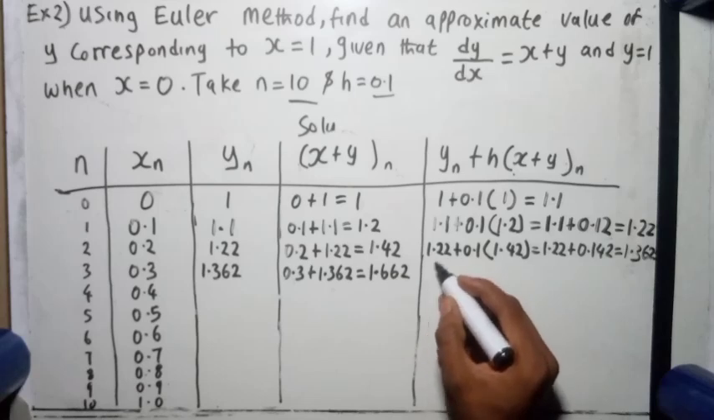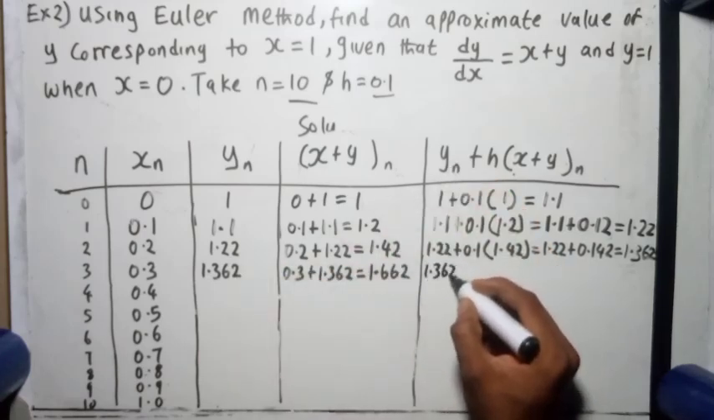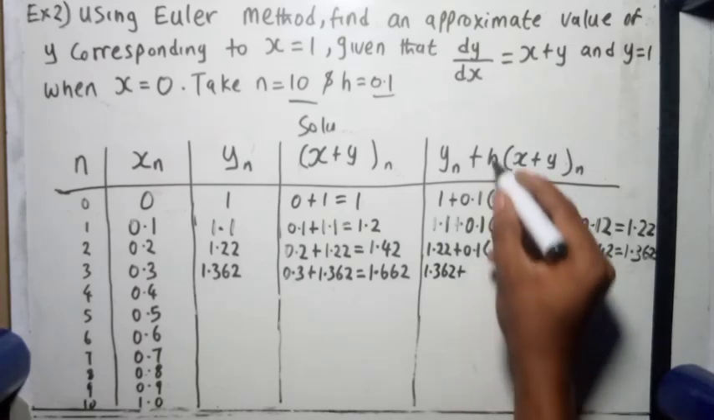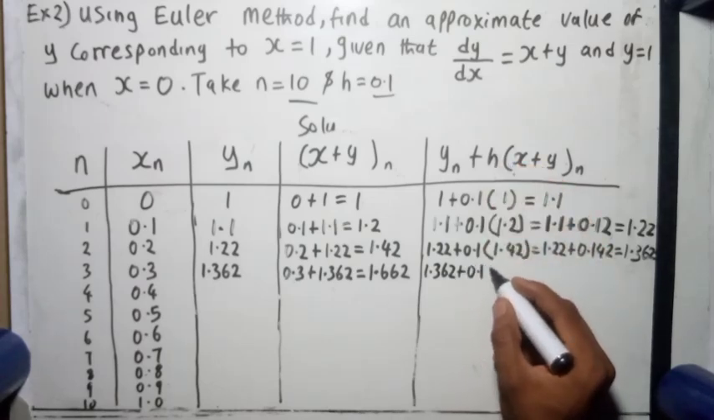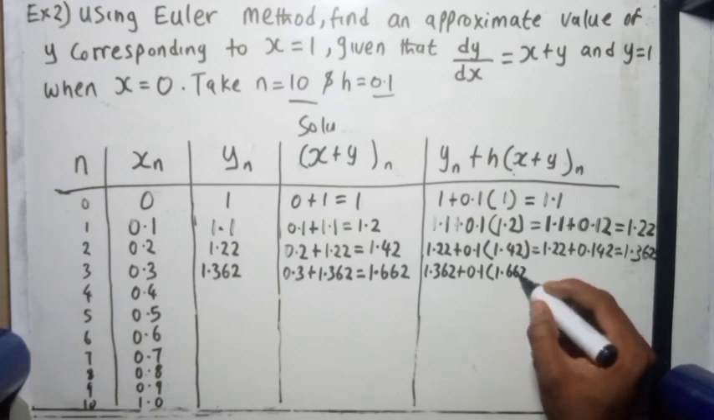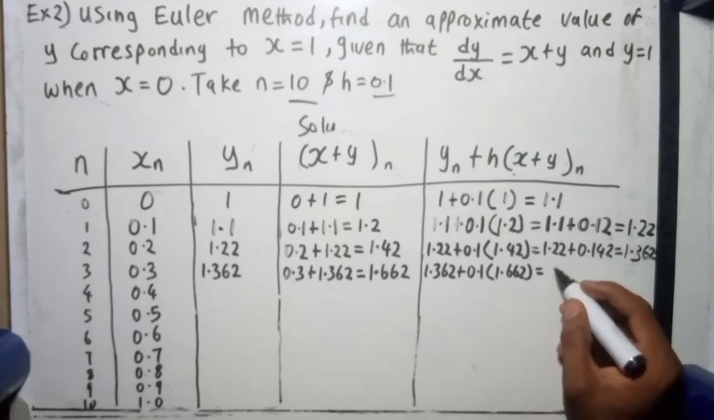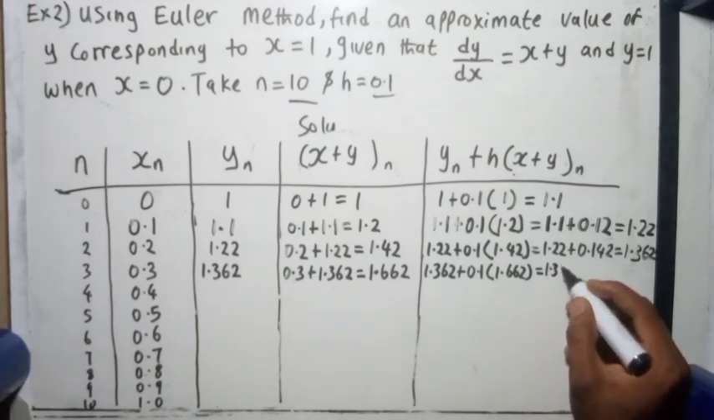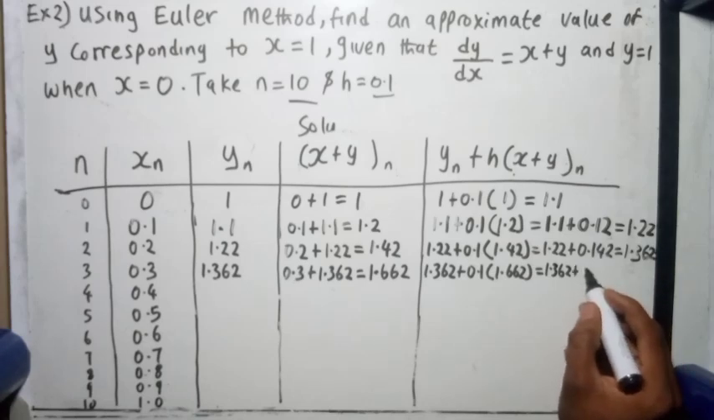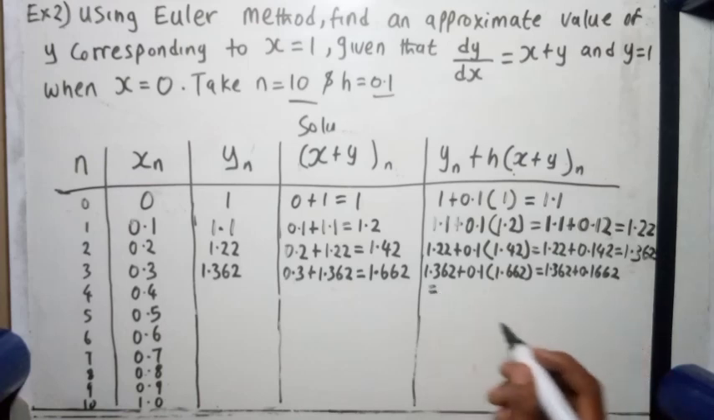Coming over here, we have our y value, which is 1.362, plus our h value 0.1 and our x plus y, 1.662. We know our trick now. Just move the point forward. So we have 1.362 plus 0.1662. When you add these two things together, we'll be having,